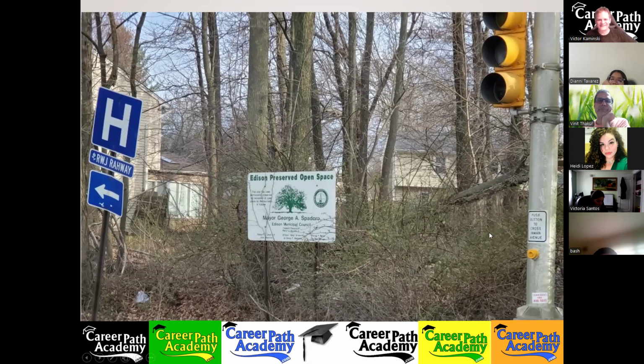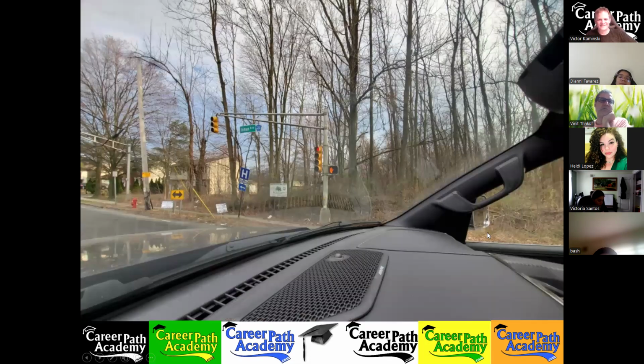Is it worth it? I mean, it was at an intersection anyway. Who was going to build a house there at the intersection? But our taxpayer dollars went to preserve this open space right there. It looks like it just is a dump now, and it gets overgrown at different times of the year. And when the greenery is gone, it looks like this: fallen trees, garbage. There may be a body or two laying back there for all we know.